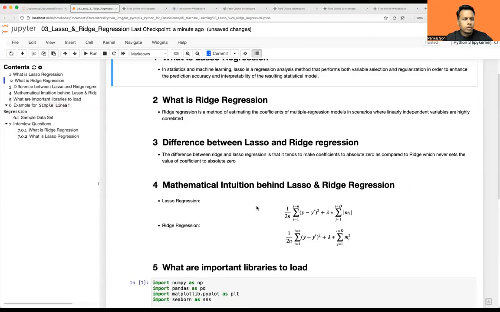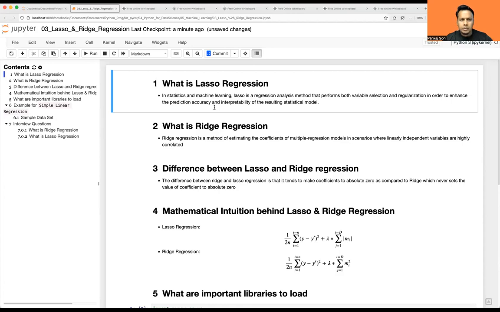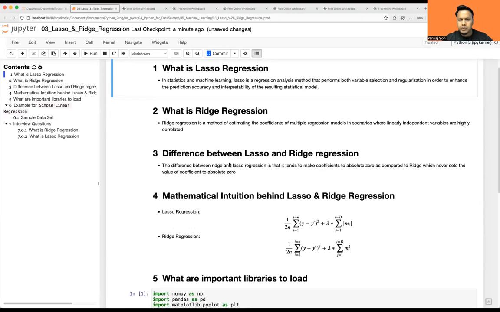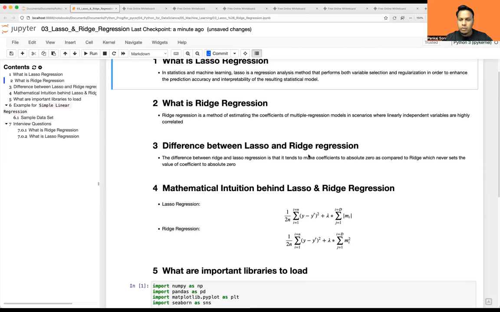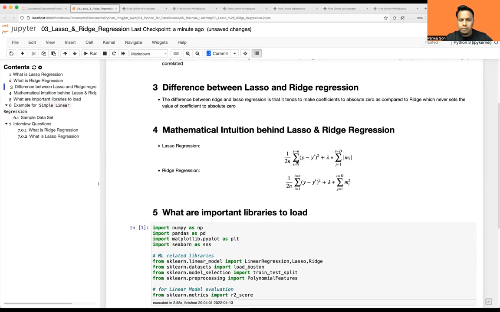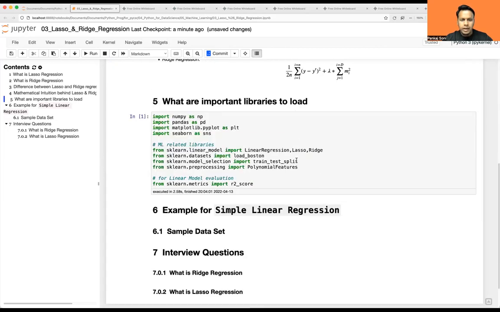Okay, so here is the topic which I'm going to cover. What is lasso regression? What is ridge regression? Differentiation between lasso and ridge regression, and what is the mathematical formula for both lasso and ridge. Okay, and we'll take one famous data set called Boston house price prediction. Okay, in that I'm going to run both lasso as well as ridge regression and see what kind of